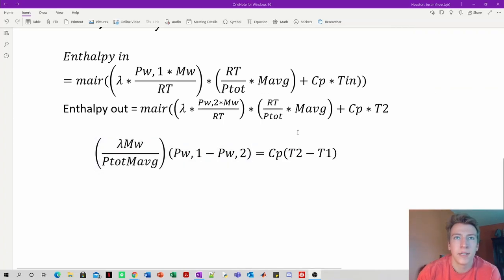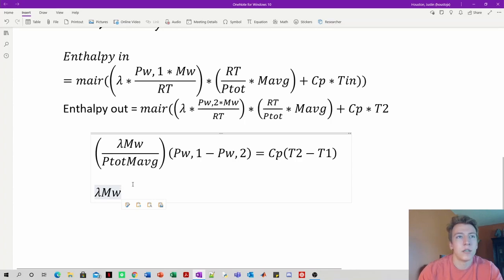Alrighty, so continuing along with this, I realized I made a mistake here. It should be PW1 minus PW2 instead of vice versa. But what we're going to next want to do is, continuing on, pull from what we had found in A2, and that was, we knew that